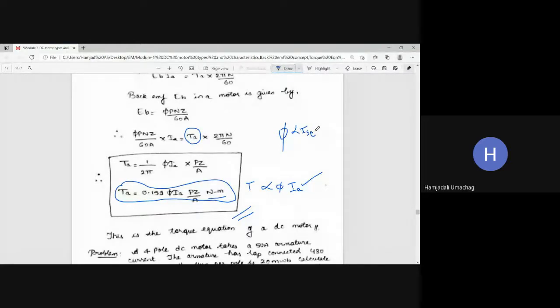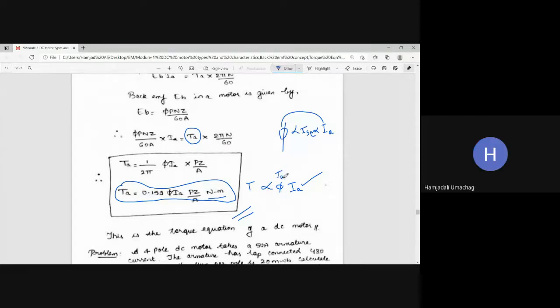And once again, it is proportional to what? IA and ISC are both the same. In the case of a DC series motor, IL equals ISC equals IA, right? So now this flux is dependent on field current, right? So if you are given a DC series motor, then flux is directly proportional to ISC, and once again it is proportional to IA. In that case, I can replace this phi by what term here?